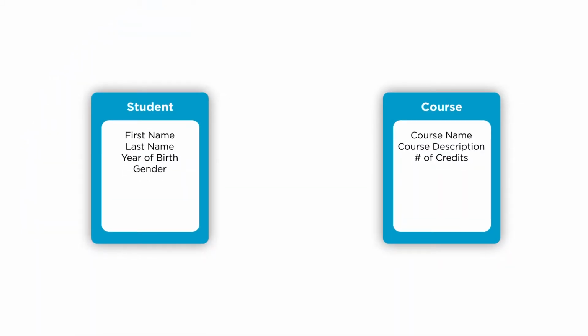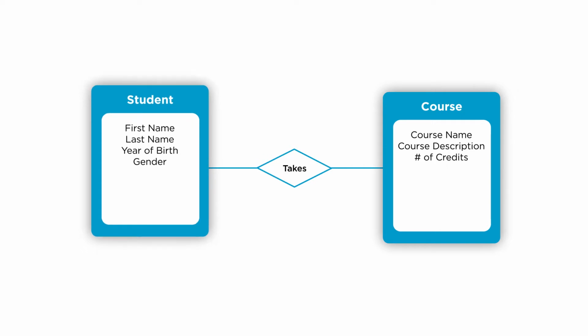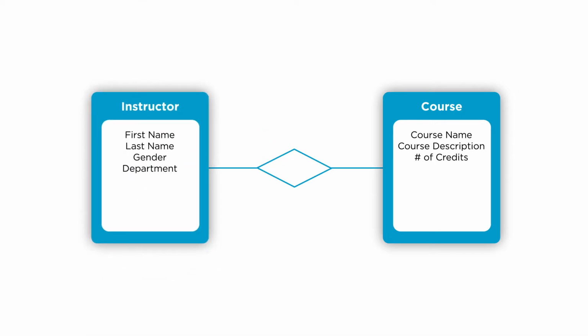In the entity relationship model, we typically represent these relationships as lines between entities, and entities are represented as boxes. Typically, a relationship name tends to be a verb. So, for example, if a student is taking a course, then takes is the name of the relationship that connects these two entities. If we have an instructor teaching a course, in that case, the name of the relationship between the instructor entity and the course entity is called teaches.